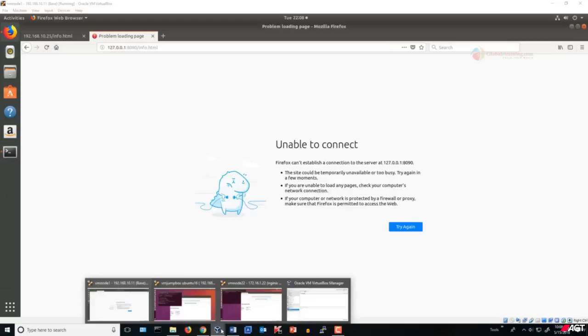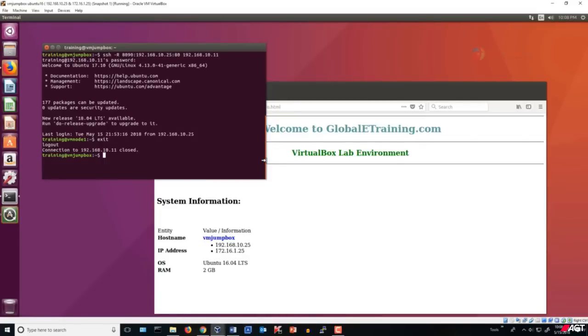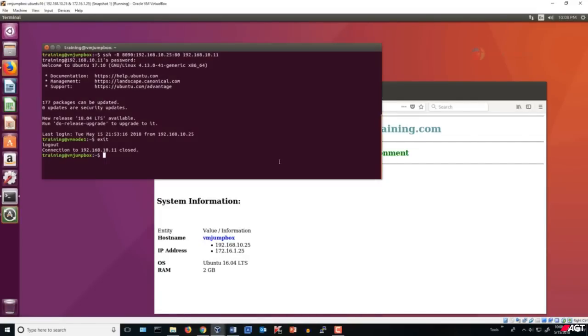Now let me switch to the jump box, and this time when we establish an SSH session to the VM node 1, we would create two ports on the VM node 1, and one would be mapping to the Nginx on the jump box and the other would be mapped to the Nginx on 172.16.1.22. And here is the command. All we did was we added a new mapping with the -R option. In this case, we said